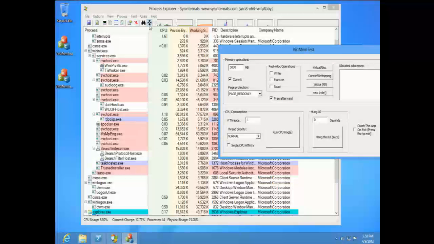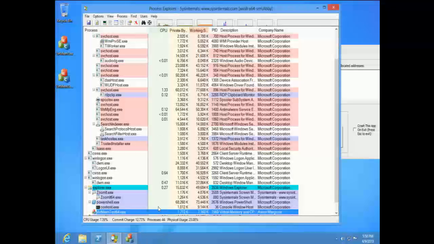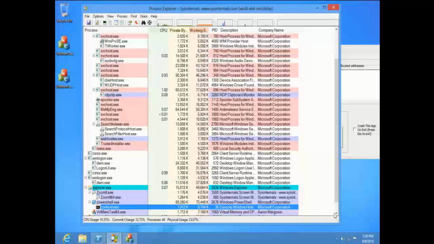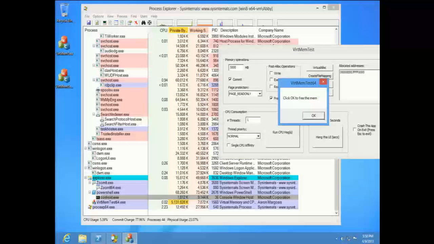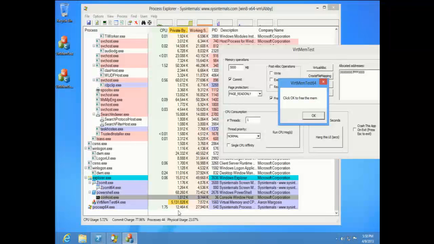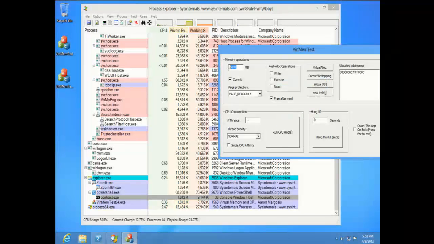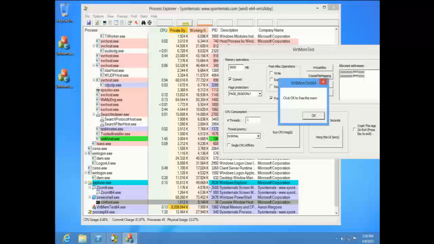Okay, let's find that process. Okay. It's right down here, right below the selection. And now I'm going to allocate memory. There we go. See how it turned darker yellow? When numbers go past a certain threshold, they start to get darker and darker and darker. So release it, and the color goes back. Let's do 8 gig. Hopefully I don't kill this at any point. Okay, now that's just private bytes. That's private address space, but it's not actually loading into RAM.